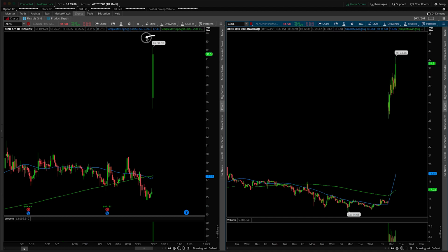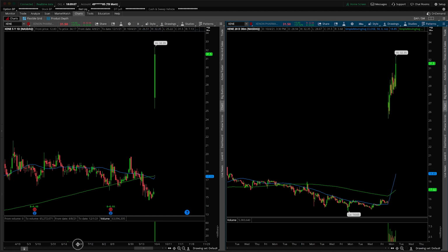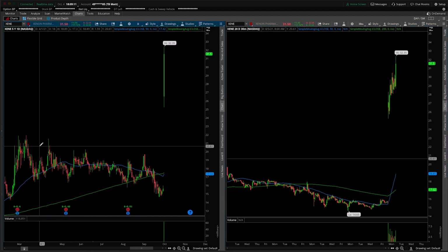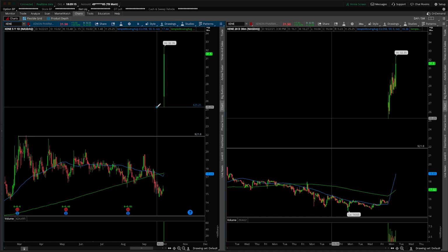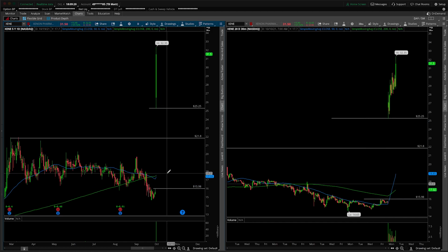First things first, let's address the elephant in the room, the massive gap up from today's session, largely due to some positive results from an epilepsy trial with one of their drugs. So certainly a positive development in the scientific community, but from a technical perspective, underneath us we've now formed a massive gap. And I'm not saying that the gap has to fill, I'm not saying it has to fill all in one